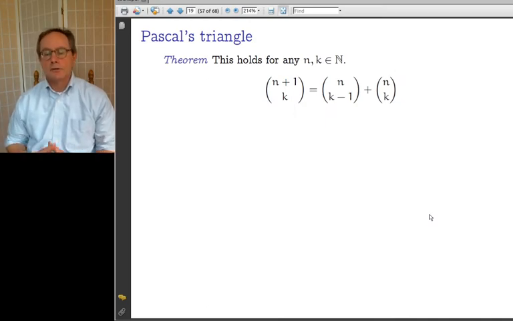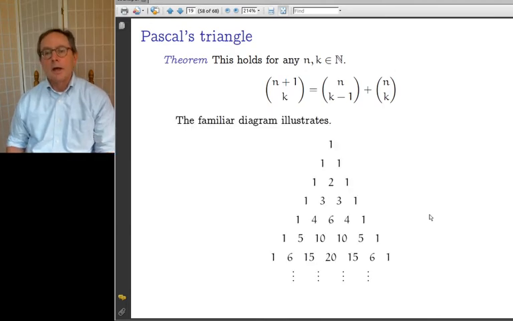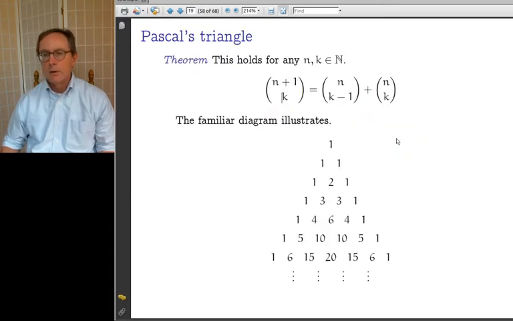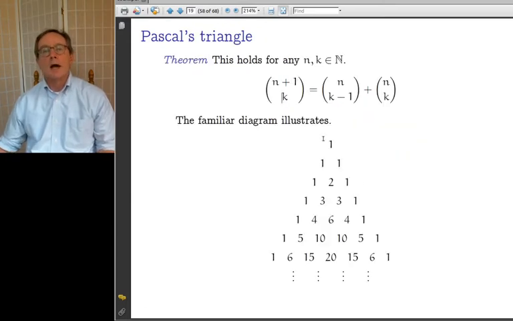So the Pascal's triangle is, I expect that everybody has seen the Pascal's triangle relation. Here it's on the next slide. Everybody has seen the Pascal's triangle relation, and these are obviously the coefficients from the previous slide: 1, 1, 1, 2, 1, 1, 3, 3, 1, 1, 4, 6, 4, 1, etc. The Pascal's triangle, and it has been my experience that most folks have seen before the pattern that just to